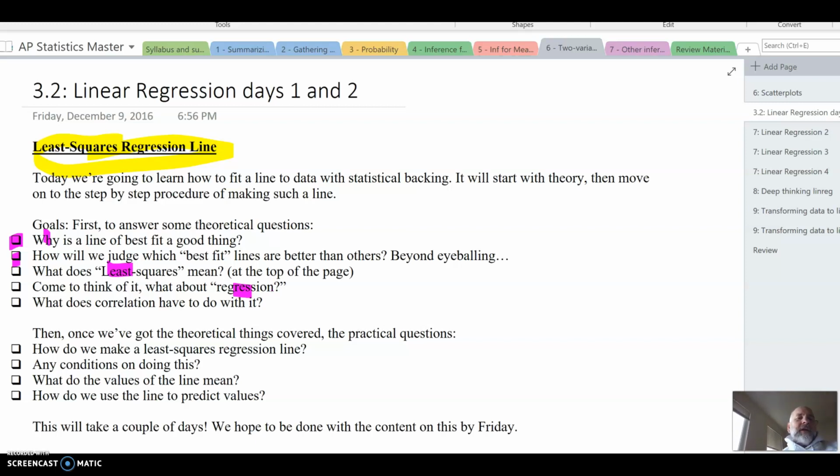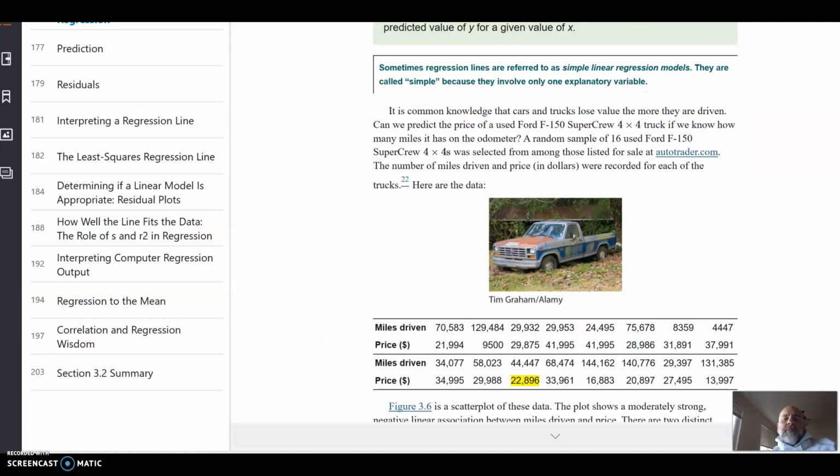I wanted to give you a quick example of why we're doing this, and I thought of this example in the book. You're either buying or selling an F-150 truck, and it has 90,000 miles on it. The question is, what's an appropriate price for an average Ford F-150 that's got 90,000 miles on it? The problem is that none of the vehicles in our sample have about that many miles driven. There's 70, 75, there's over 100, but there's nothing at 90. So how do you make a fair guesstimate of what the best price should be for an average truck